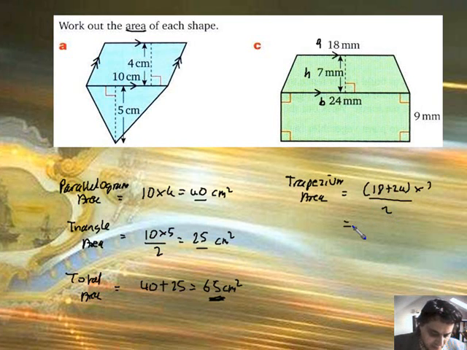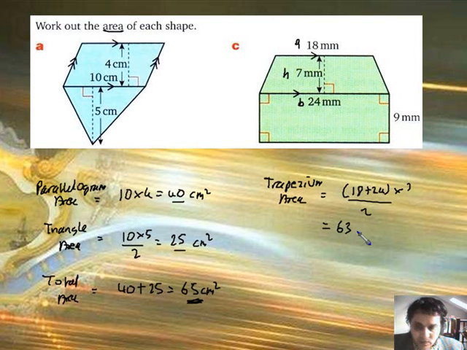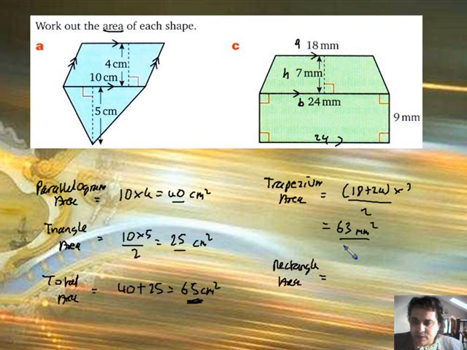18 plus 24 equals, times 7 equals, divide that by 2, we've got 63 millimetres squared of area. Now we're going to do the rectangle area. Dead easy. 24, well that's going to be 24 down there, but of course with parallel lines, it's a rectangle. So 24 times 9. Get the answer to that. That's 216